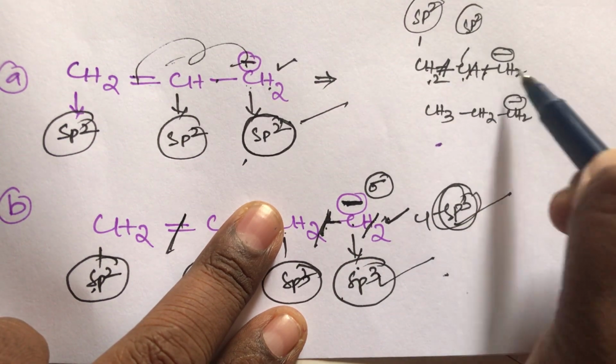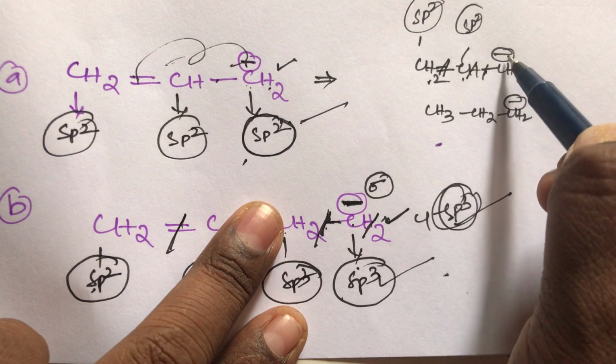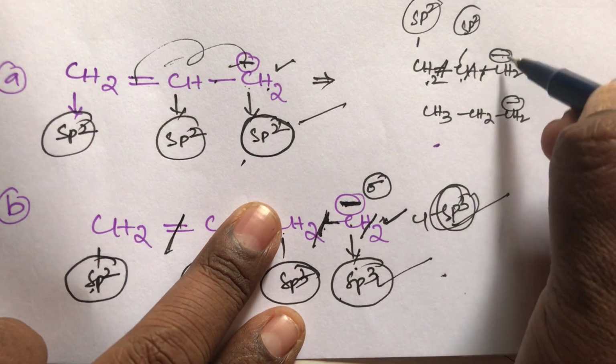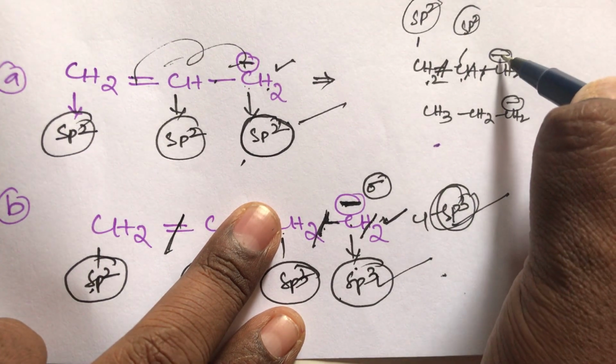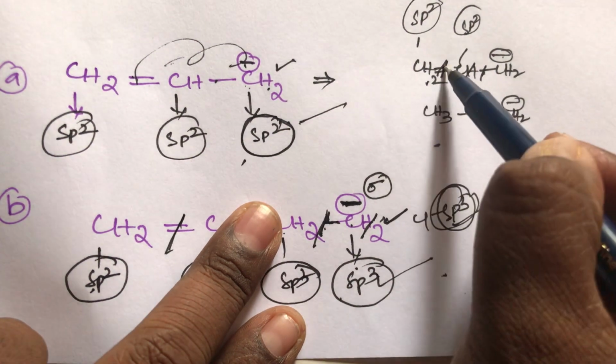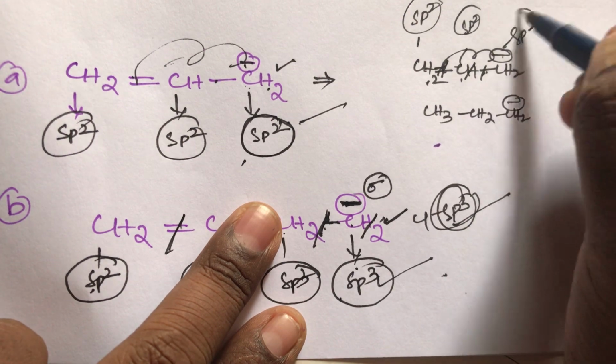And this carbon is surrounded by 2 hydrogens, 2 sigma, here also 1 sigma, 3 sigma, and here also 1 negative charge. What I said, student, 1 negative charge equals 1 sigma, but this carbon is surrounded by 4 sigma bonds. So this negative charge is not considered as a sigma bond. Why? Because here double bond, then single bond, this participates in the resonance. So it also undergoes sp2 hybridization.